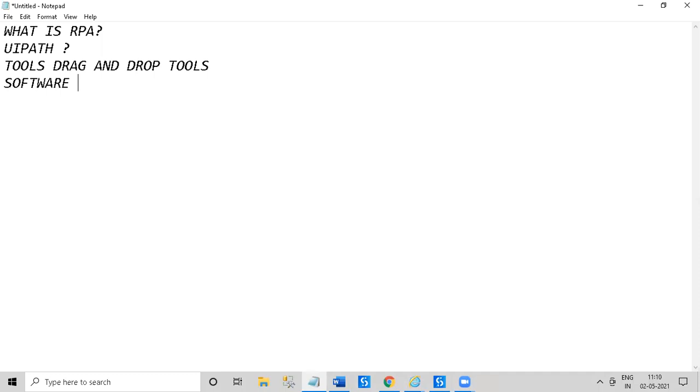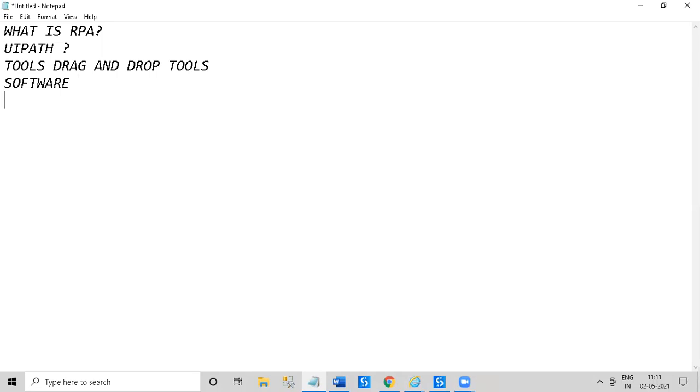So basically, with the help of UiPath, we will integrate different applications together. Let's suppose our requirement is that we have to open a browser. After that, we have to import data from the browser to an Excel sheet. After that, we have to do some sorting in the Excel sheet. Then we get some output from the browser and need to dump it into a different application, an Oracle-based or Java-based application. After that, we will get a different output from that application and we have to mail it.